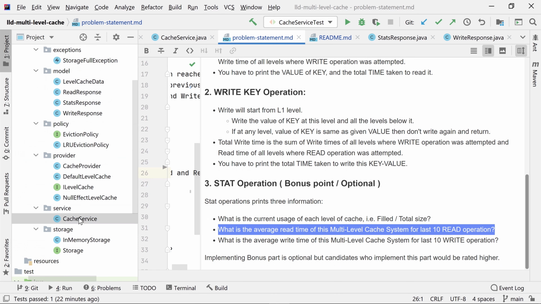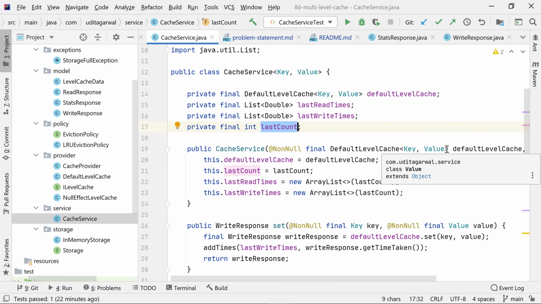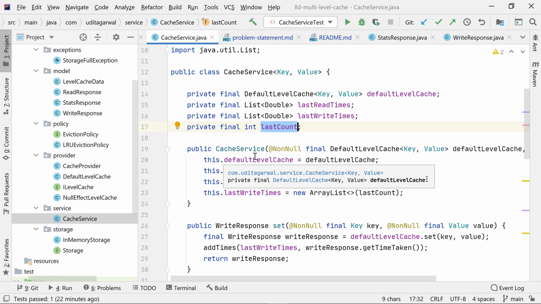But if I just put 10 over here instead of taking it in the constructor, then it becomes a very, very coupled system. It will actually be very rigid, not a very flexible class. If tomorrow you want the average time of the past 15 operations, then you will have to change the class implementation, and this is not a good idea. So to prevent such things, we always try to make our classes flexible, so that if some use cases change tomorrow, these small things will not take too much effort in the coding also. It should not be like you change your whole design just to incorporate something.